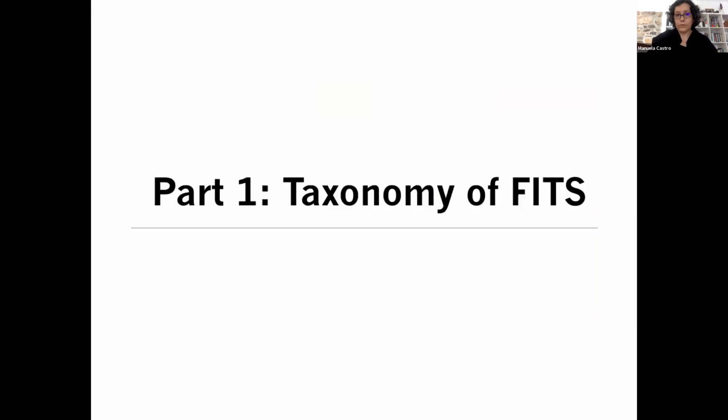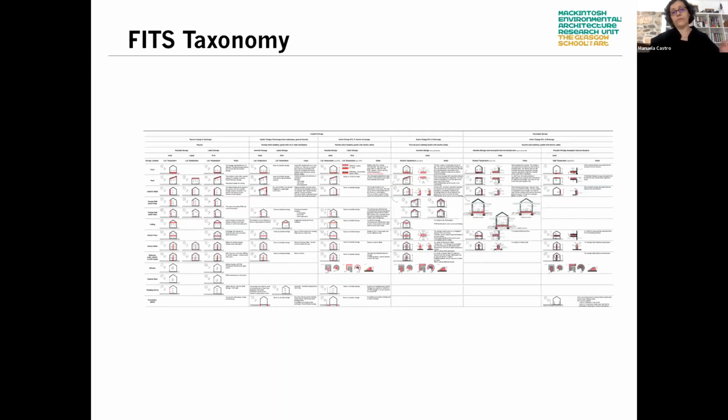So I hope now that we have some concepts or some terms, we will move now to the fabric integrated thermal storage. At the starting point of our work, the initial question was, how can we integrate the thermal storage into the building fabric? So we started mapping where could we store and how could we store the thermal energy. And we looked at four main things, like the location, the type of materials, the type of